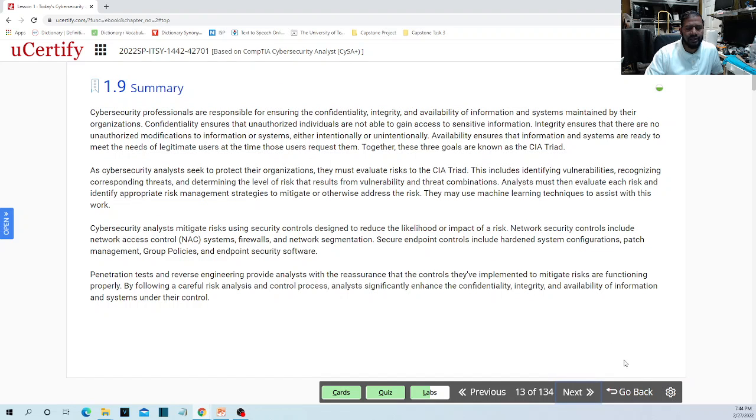Okay, summary. Okay, so good. That was your chapter one. So now that I was able to explain the chapter, I hope that this video helps you. Now that you watch this video several times to get the key concepts properly understood, it's going to help you study the chapter and learn more.